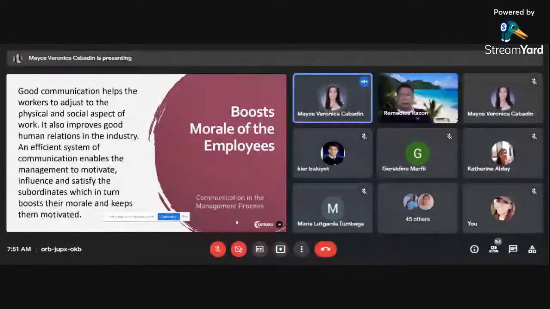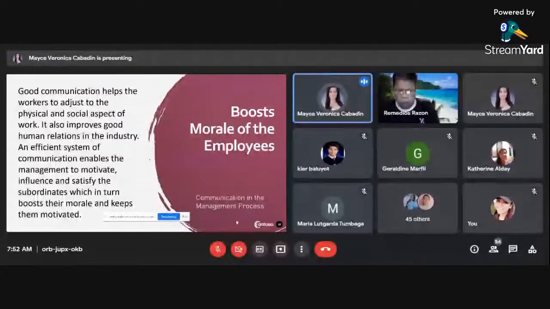Yung ating school head, nagbibigay din yan ng compliments. Then, tayo naman po as workers, as teachers, we are taking those feedbacks as a motivation para po mag-strive harder on our part. So, yun na po, sabi natin dito, he or she will give compliments and sooner or later, it will keep the workers motivated, interested, and inspired every day.